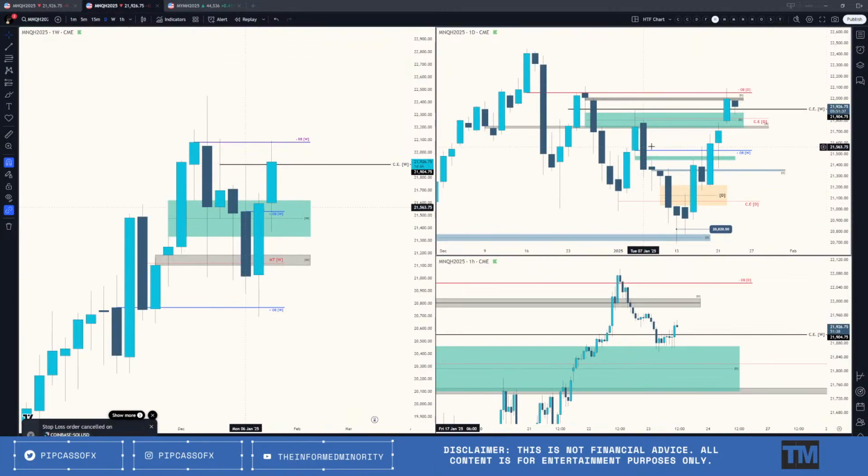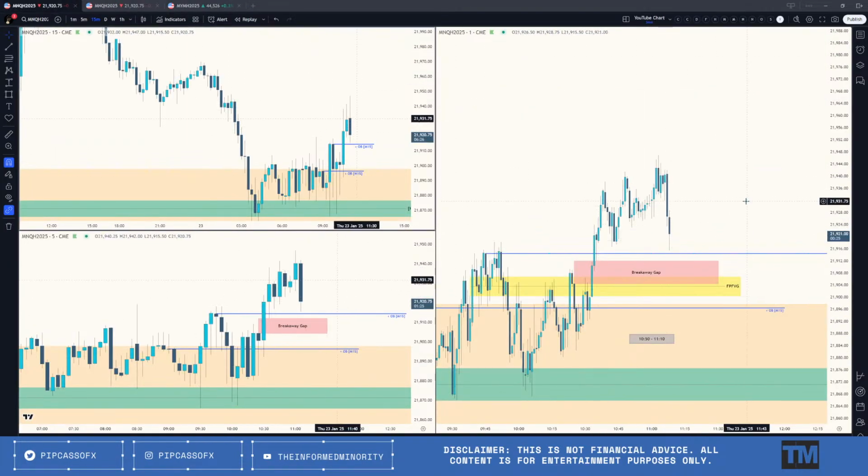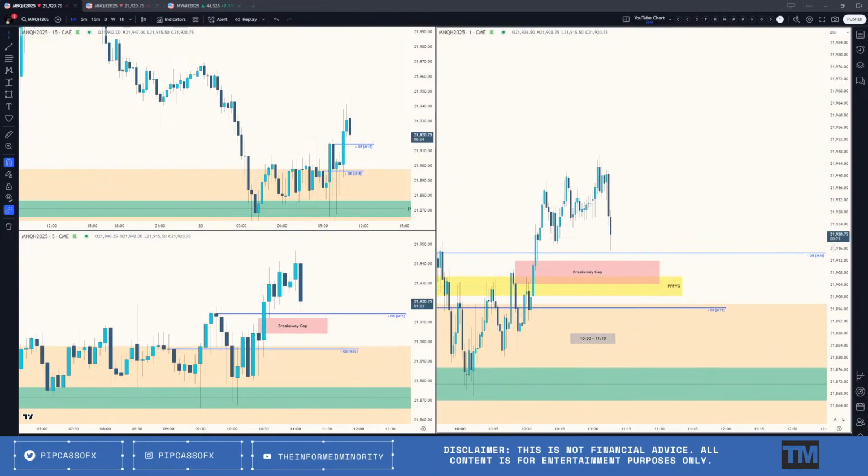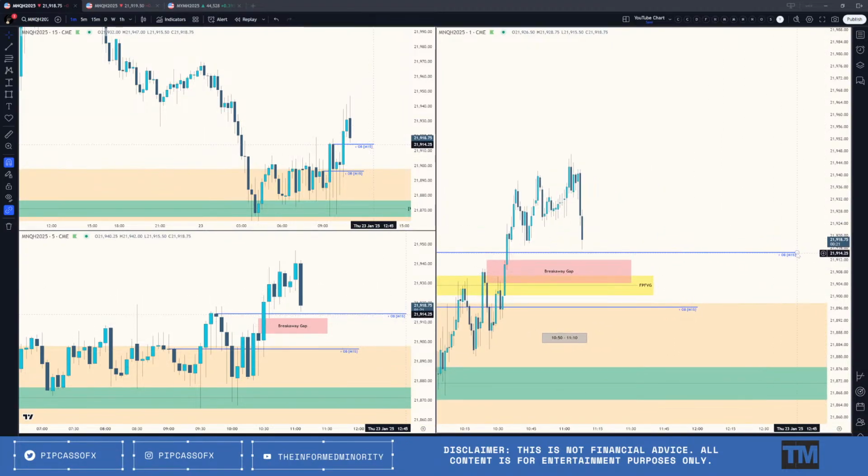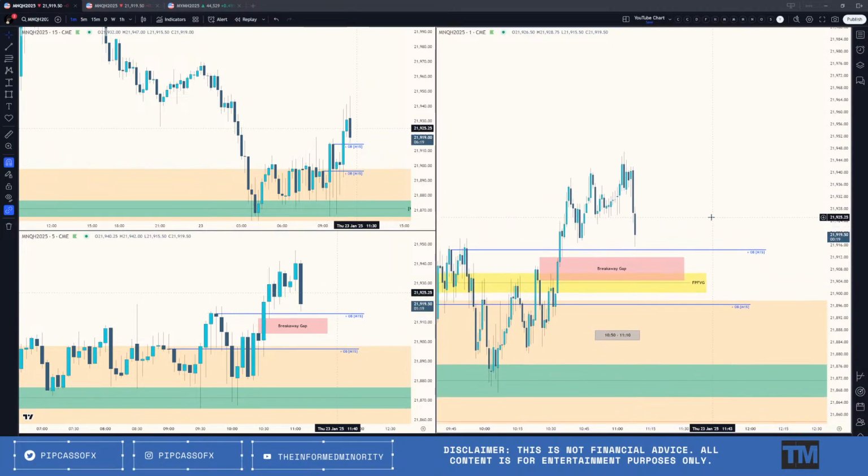So I want to make sure I see what we're hitting on this time frame. Yeah, so we finally closed above that. That's kind of what I wanted to see a little bit earlier. We see on the top end of this inverse daily. Yeah, we'll see what we get here. Do we support this or not?